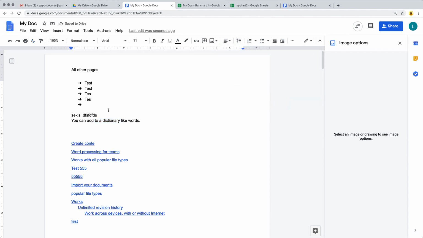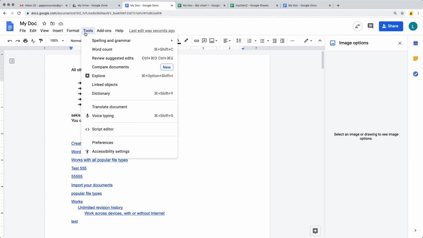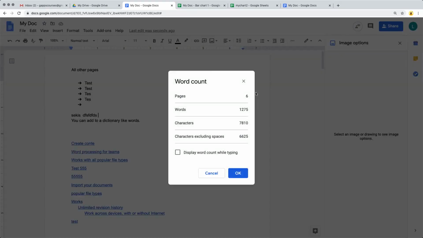So all of the grammar and spelling looks okay now, and that's a really quick check that you can do once you've completed your document or while you're working on your document. So there's also the word count. This is very useful, as you have an option to pick up how many words you currently have. It gives you an overview of the pages, words, characters excluding spaces, and also you can display the word